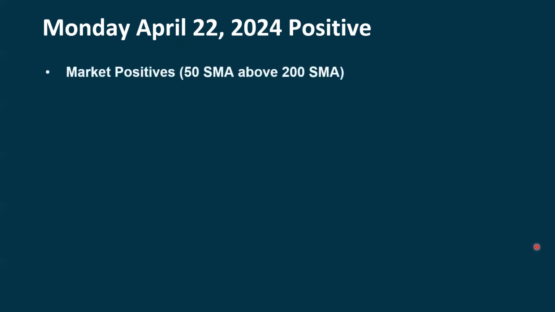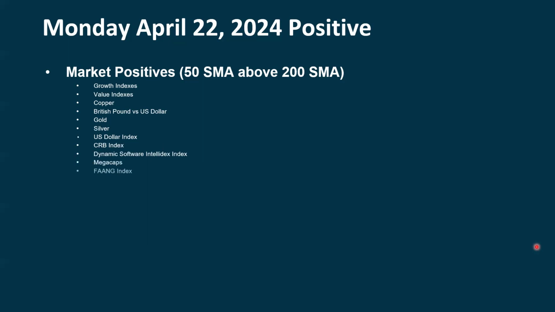My definition of positive is when the 50-period simple moving average is above the 200-period simple moving average. And the list is pretty long. Even though we're seeing some weakness, we haven't actually shifted over in our trends, at least yet. We have the growth indexes and value indexes by themselves. Copper, the British pound against the US dollar. Gold is in an uptrend, silver's in an uptrend, the dollar by itself is in an uptrend. The CRB index, the big software companies, the mega caps, the FANG index, ARK, the low volatility ETF, staples,